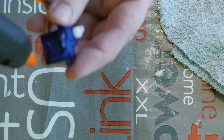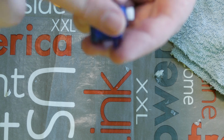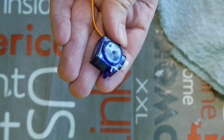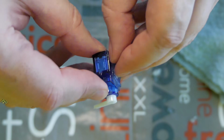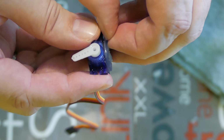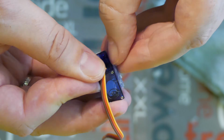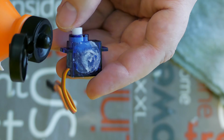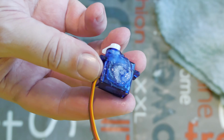Here I will make a big drop of hot glue on the servo. Yes, and with a wet finger I will put it on. Yes. Now I will wait until the hot glue is cold. So now the glue is relatively cold and strong, and if I want to remove it from the servo, it is really hard to remove. Now I will use a few drops of alcohol around, just something like that, it's not important. I just wait a few seconds,